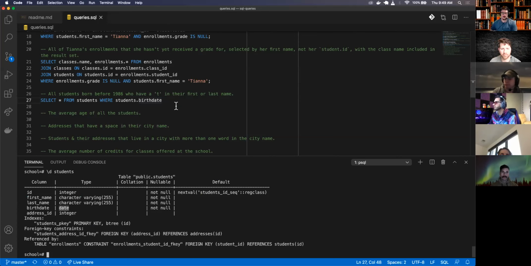Could you do less than 1986-01-01? Yep. Okay. Where student's birth date is less than January 1st, 1986, and who also have a T in